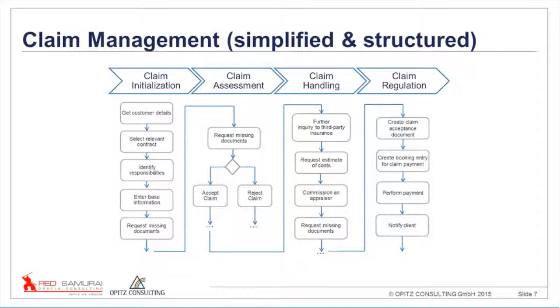Okay, when you look at the claims management from a high level, it's a very structured process. So here we can see we have got customer details. The next action is select relevant contract. The next one is identify responsibilities. Okay, that seems to be very easy. And we could use, for example, a BPMN process to implement this. But